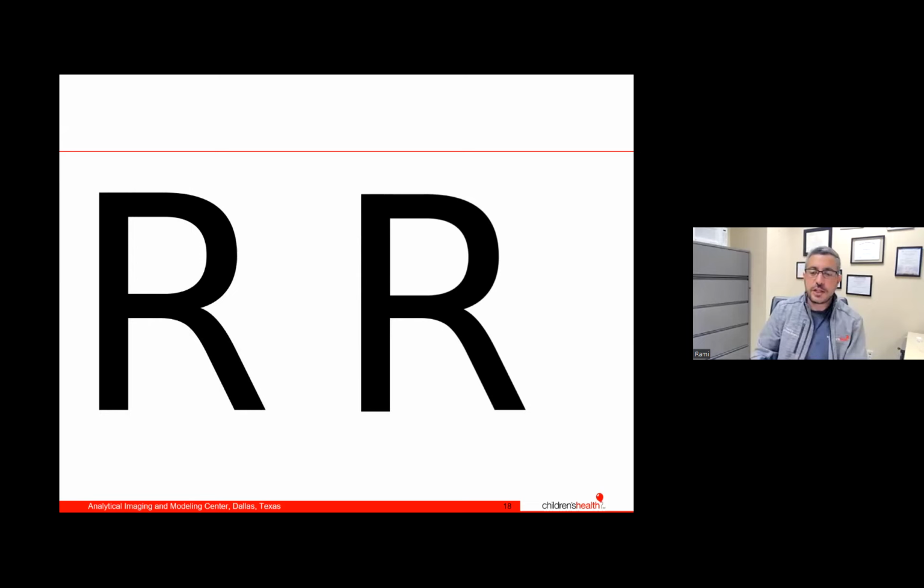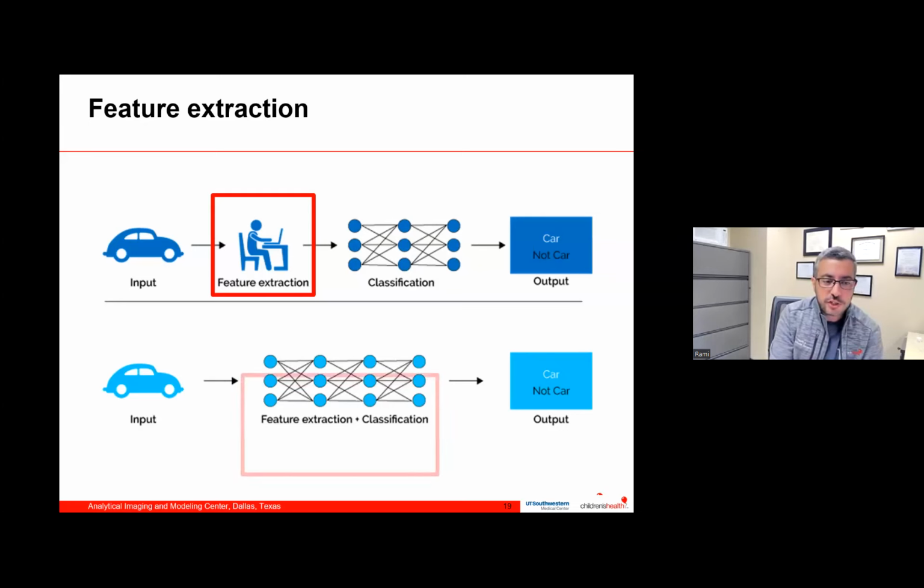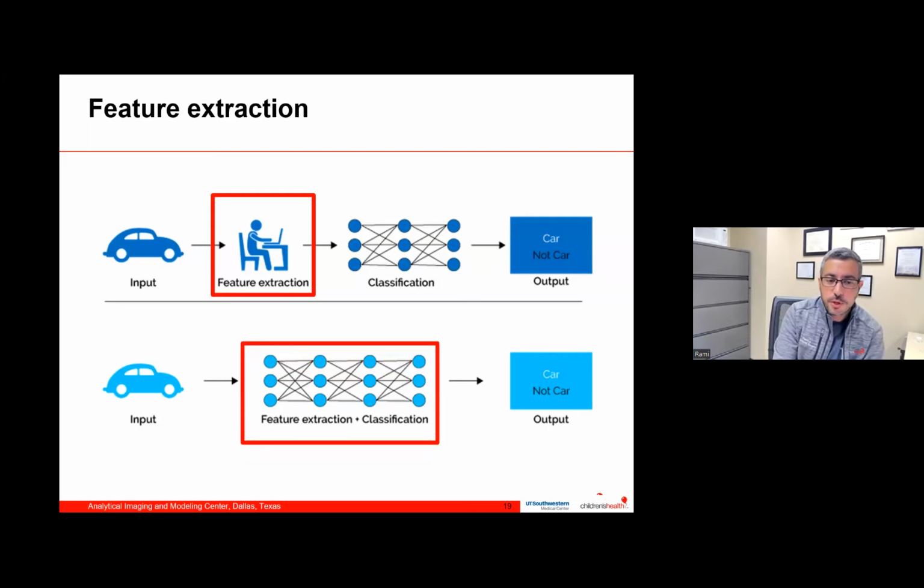So when we extract features from these letters, we can try to find labels for them to see, okay, this is an I or an R or a P. Feature extraction, again, is very important, but that's not the only way. We can do feature extraction manually, by writing a program, just how I showed you, and say, if you find these 3 features, then define which one is I or R or P. But also feature extraction can be done automatically by a computer.